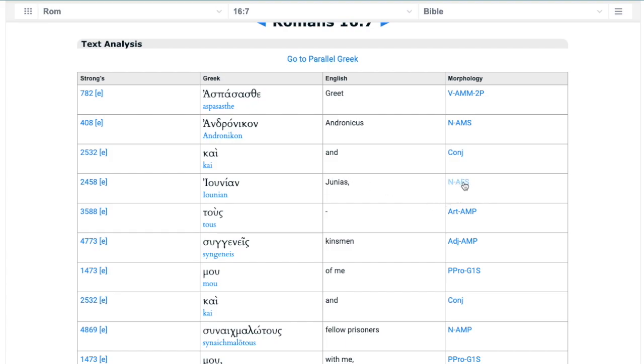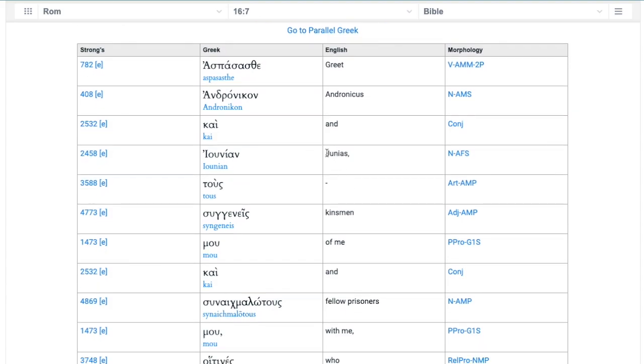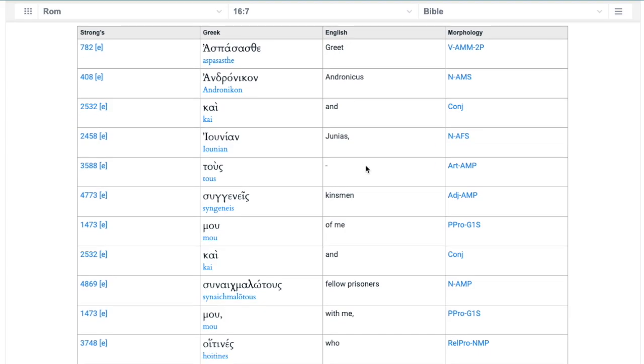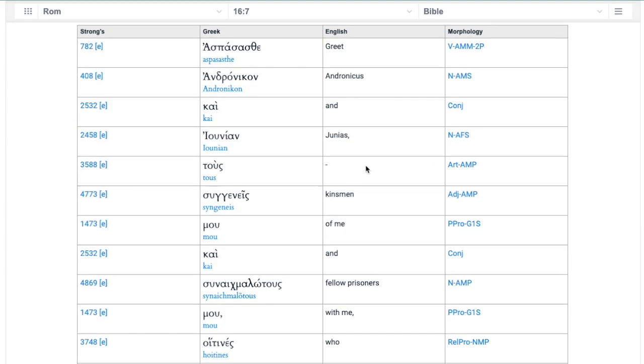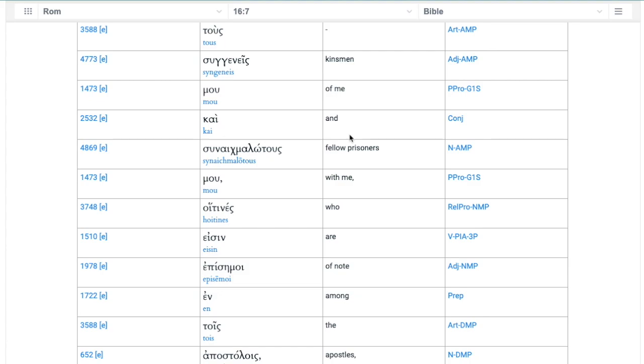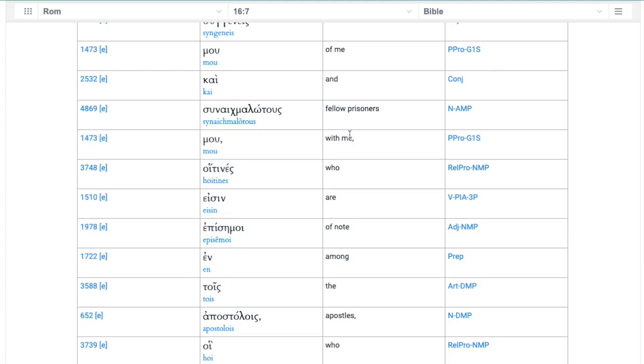Junius is not a female name. If it was female, this would be Junia. Problem is, this is a female we're talking about here, and even Bible Hub has said Junius is how it should be translated. I take issue with that. That's not correct. It should be Junia because it is the female version of it. In fact, in this time frame when Romans was written, Junius we only find in one writing ever. Junia was always the name. So Junius wasn't even a name back then, basically, of a man. It was the name of a woman, Junia, all the time.